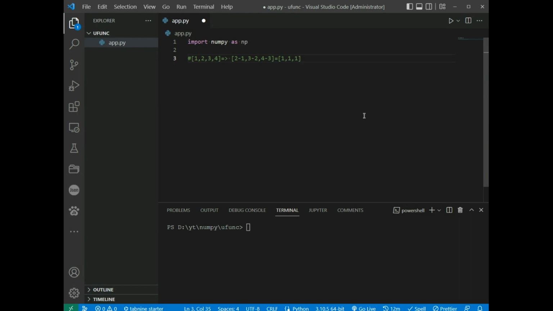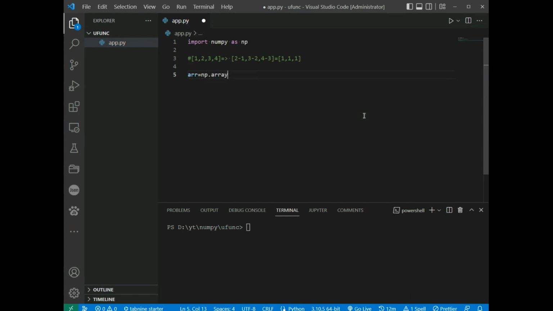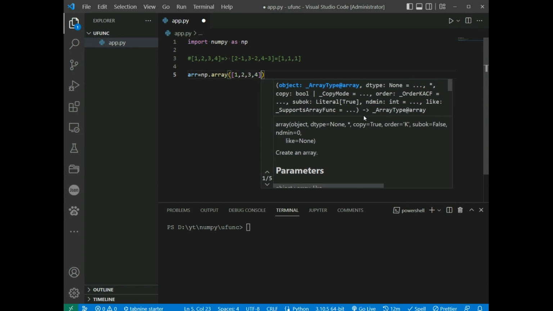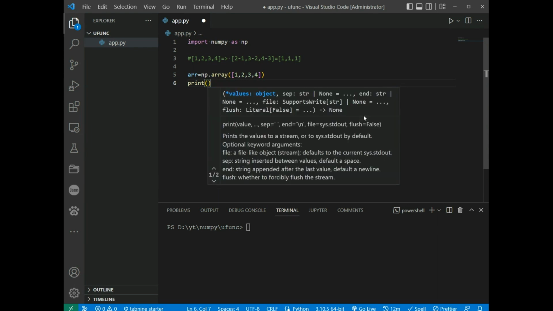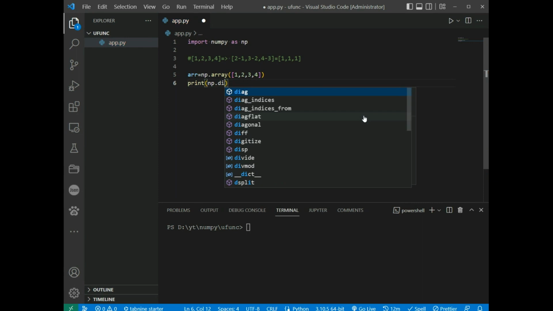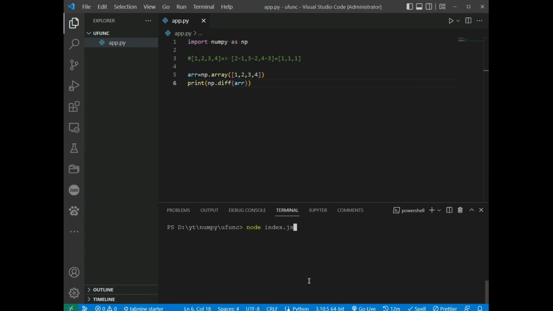To find the discrete difference, use the diff function. So array is np.array 1, 2, 3 and 4, and print np.diff array, run. So python app.py, and we have 1, 1 and 1,